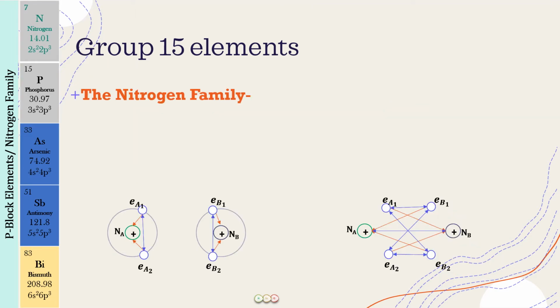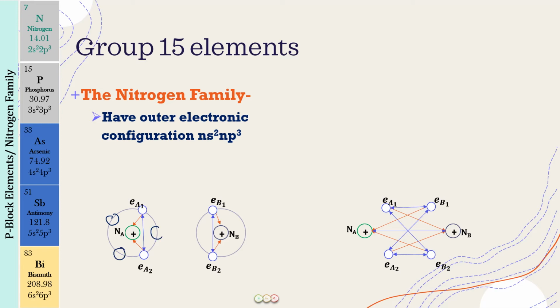So now let us understand this inert pair effect with the help of these same diagrams. But what we will be doing is modifying these diagrams into the group 15 element diagrams. And for that, first of all, the nitrogen family has the outer electronic configuration as ns2np3. So rather than 2 electrons, how many will I be needing? 5 electrons in the valence shell. So let us make 5 electrons over here.